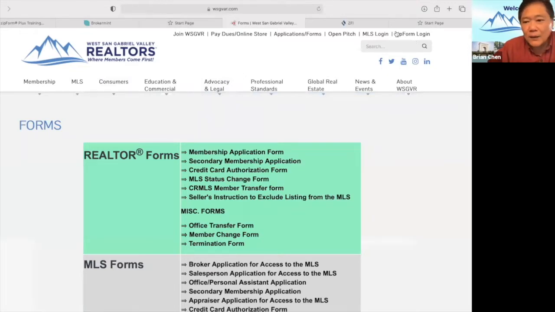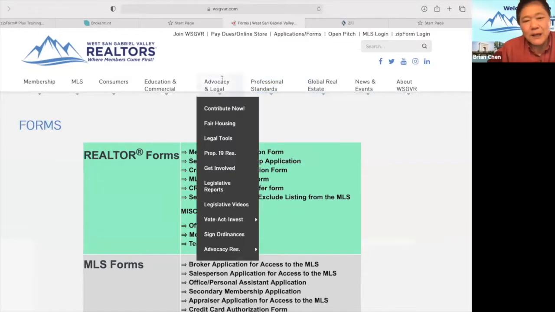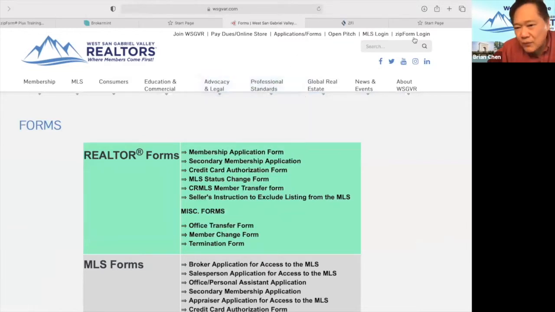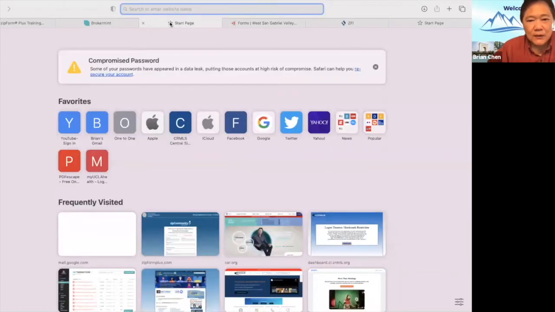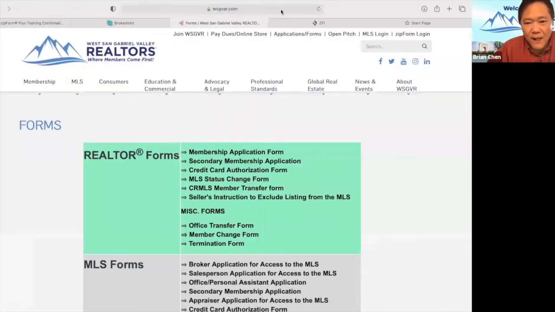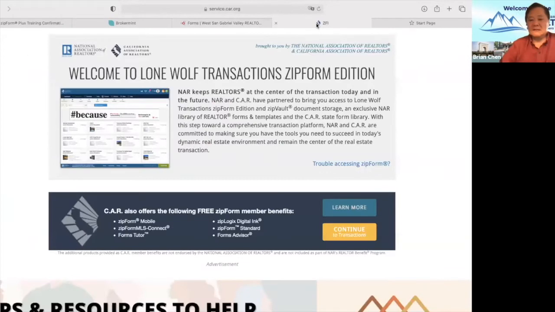Okay, and then if you want to go to the MLS, you click on MLS login. If you want to go to zipForm, you go to zipForm login, and it takes you down to this page for you to log in. So it's a good function, okay? But let me right now,